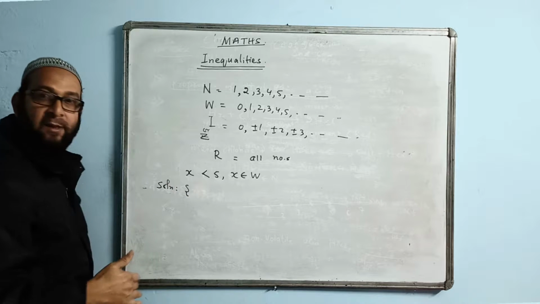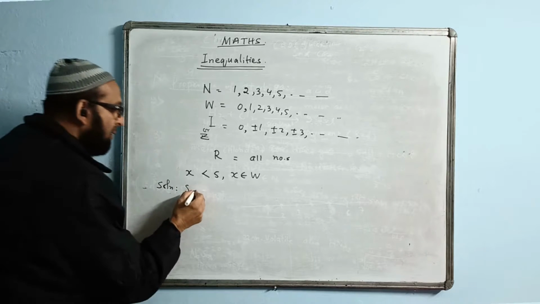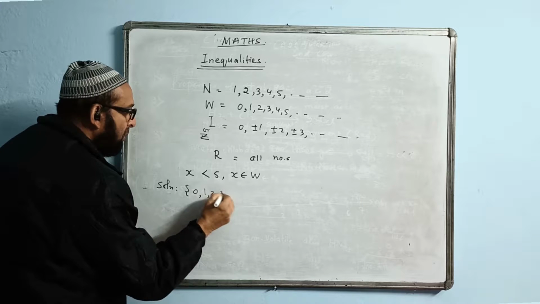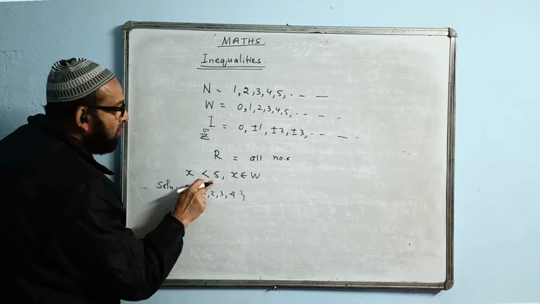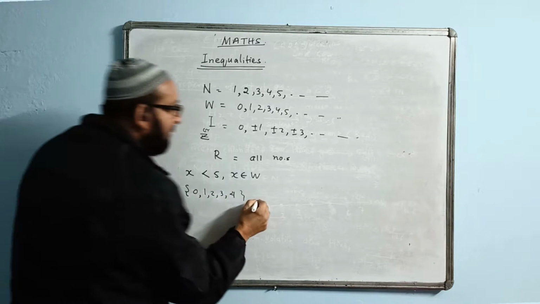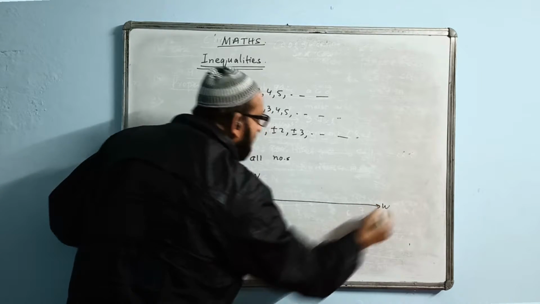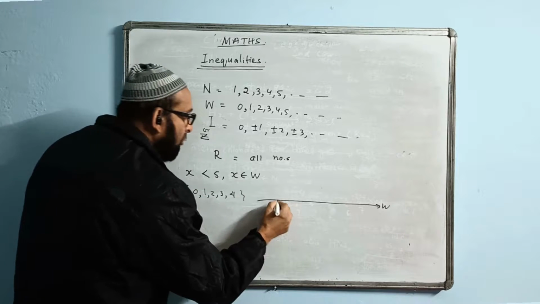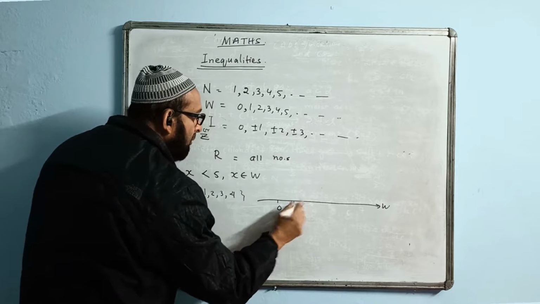So what are the whole numbers less than 5? We will write that answer. Yeah, 0, 1, 2, 3 and 4, up to 4. If there is an equal sign, we will take 5 also here. And how to show them on the number line? On the number line we write W here. We write whole numbers here: 0, 1,